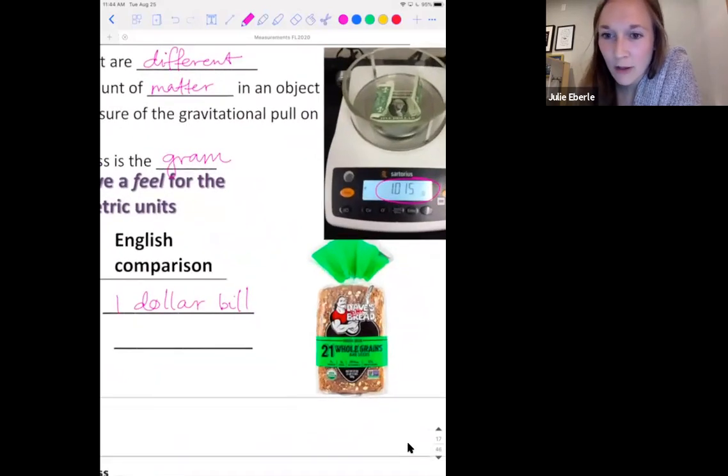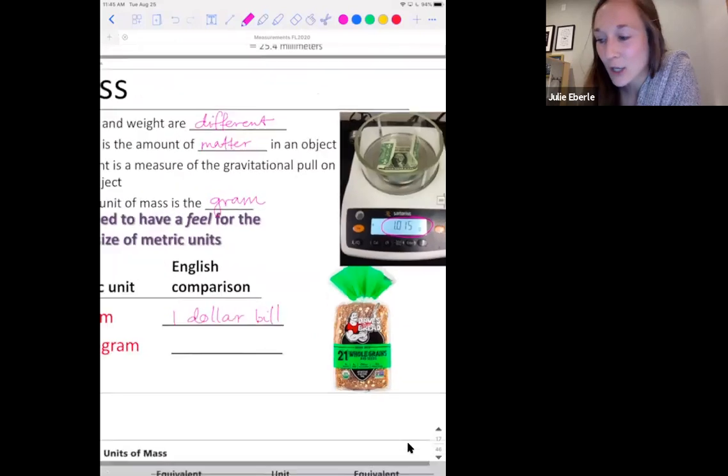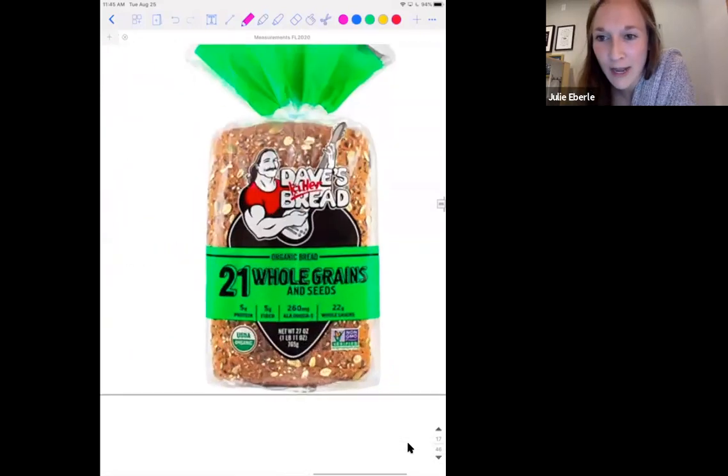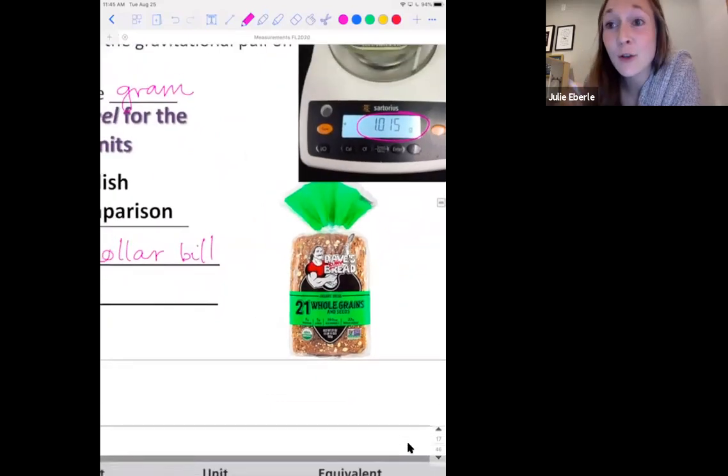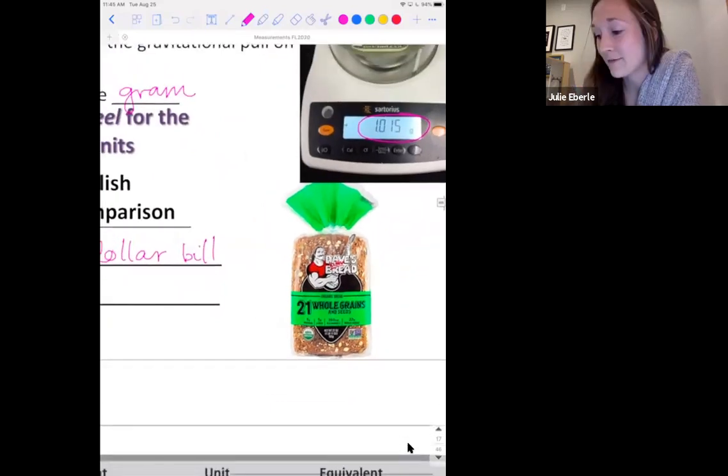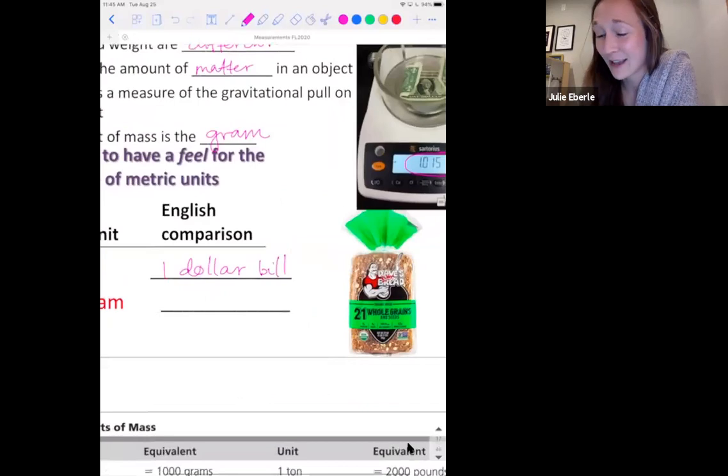Now, y'all know I love to talk about food. I always do at any point I can. If you have not had Dave's Killer Bread, okay, y'all are all health professionals. Buy the stuff that does good for your body. This is the best bread. I'm not even kidding. I would eat a slice of this bread by itself as a snack. It is that good. Look at that, 21 whole grains, okay? Now let me tell you, you will pay for it. It's not cheap, but you go to Sam's, you get a good deal on it, all right? Find somebody who has a Sam's account. If you're like, I don't have a Sam's account,